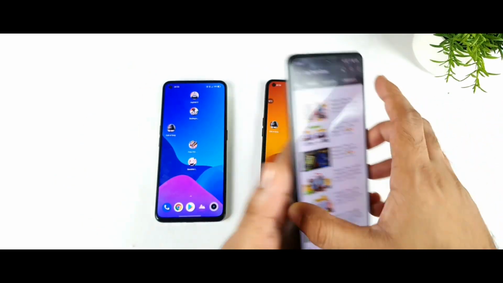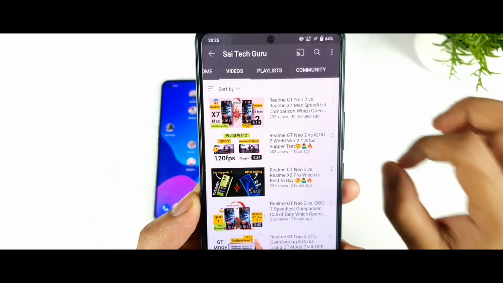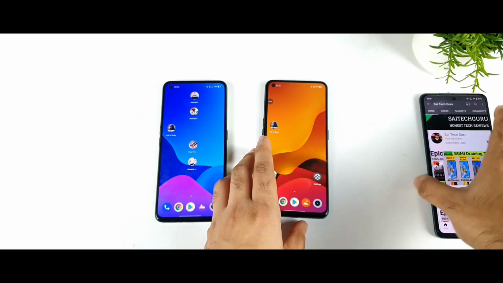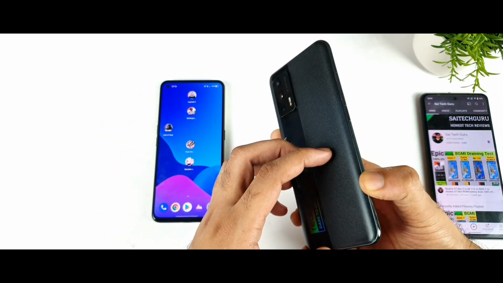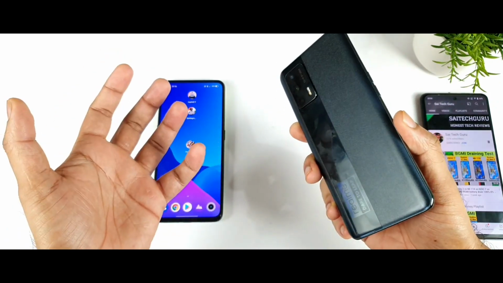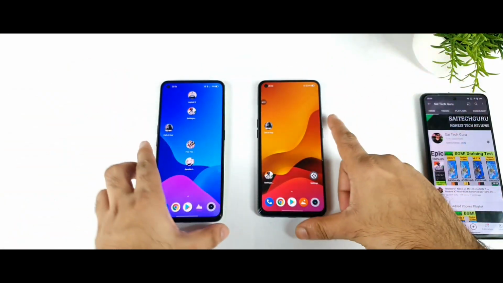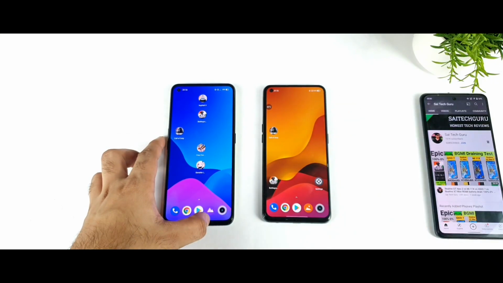If you watch the previously uploaded videos on the Realme X1 Max and the Realme GT Neo 2, you'll clearly see what is happening in the speed tests and opening speeds. A few of the test results even shocked me in high performance mode. This Realme X1 Max acts like it's on steroids. Yes, exactly, in high performance mode, this phone. So I'll show you the difference between both phones in terms of CPU core utilization.